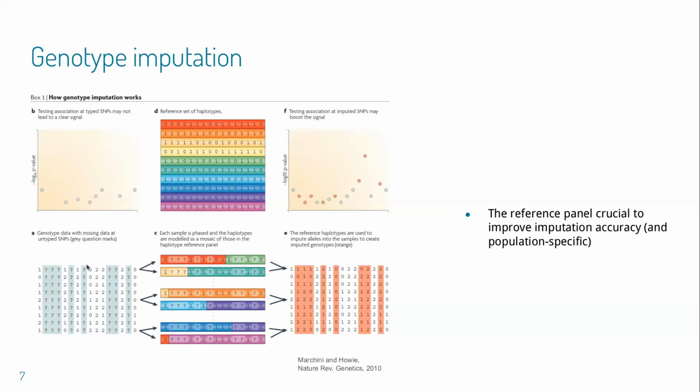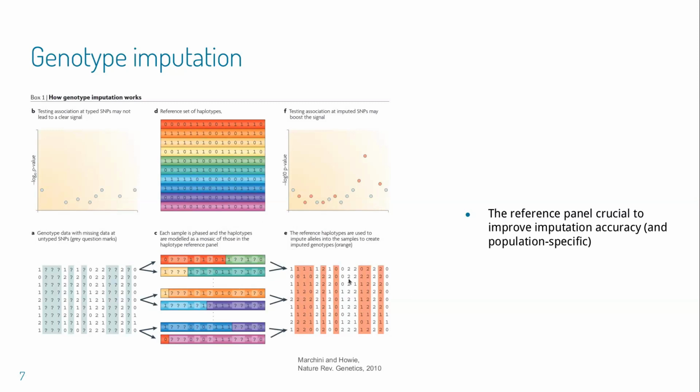First of all, for each single sample, we get the two haplotypes. So we do what is called pre-phasing. So we get the two chromosomes of the sample. And then these samples can now be modeled independently as a mosaic of haplotypes in the reference panel. And this is what genotype imputation is doing: modeling each of the haplotypes, and the imputation is simply a probabilistic copy of this mosaic. Eventually, we combine the two haplotypes together, and we get a probabilistic value for each of